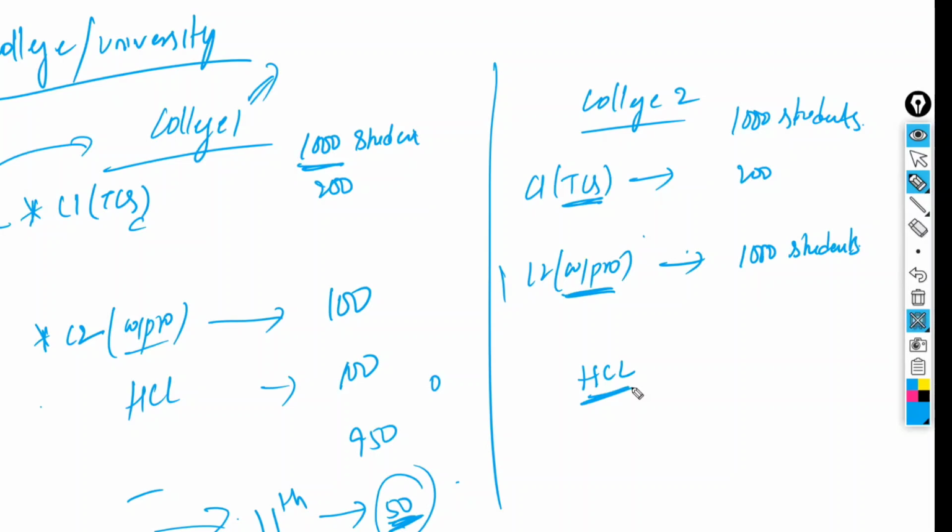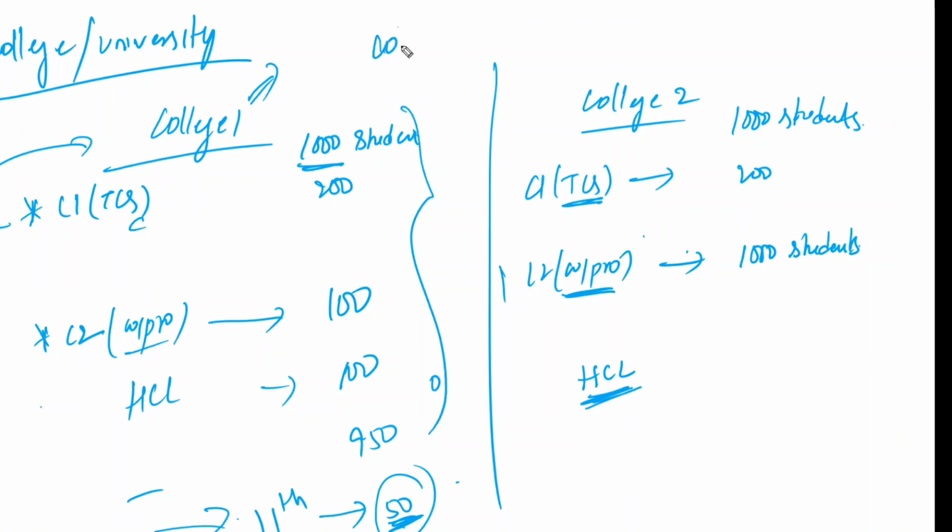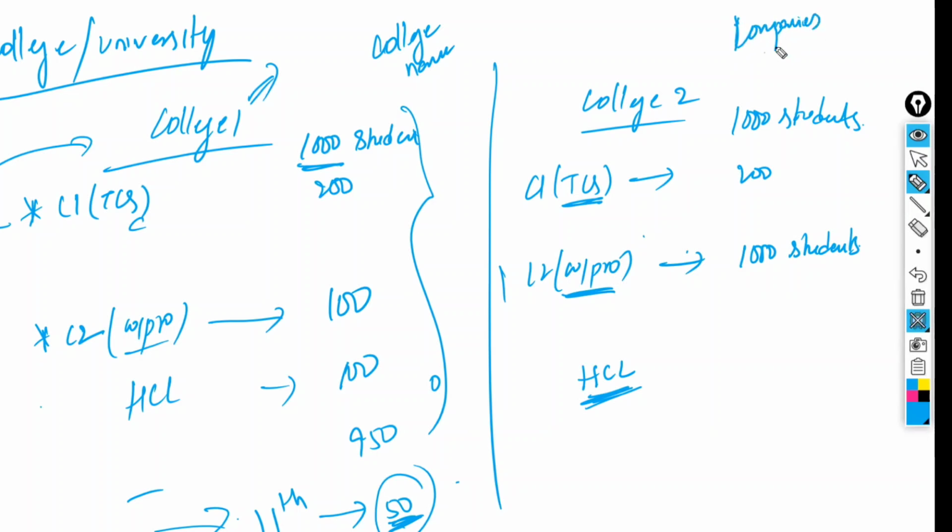But from the college perspective, you should not say, "Sir, these are the students only." Right? This is college number 2. Now, in this case, what happens? In case 1, the college is trying to place more students. They want to get the college name. They are focusing on the college name to get more students placed. In case number 2, they are giving importance to the companies. The priority is for the companies, not for the college name. This is the difference between both of them.